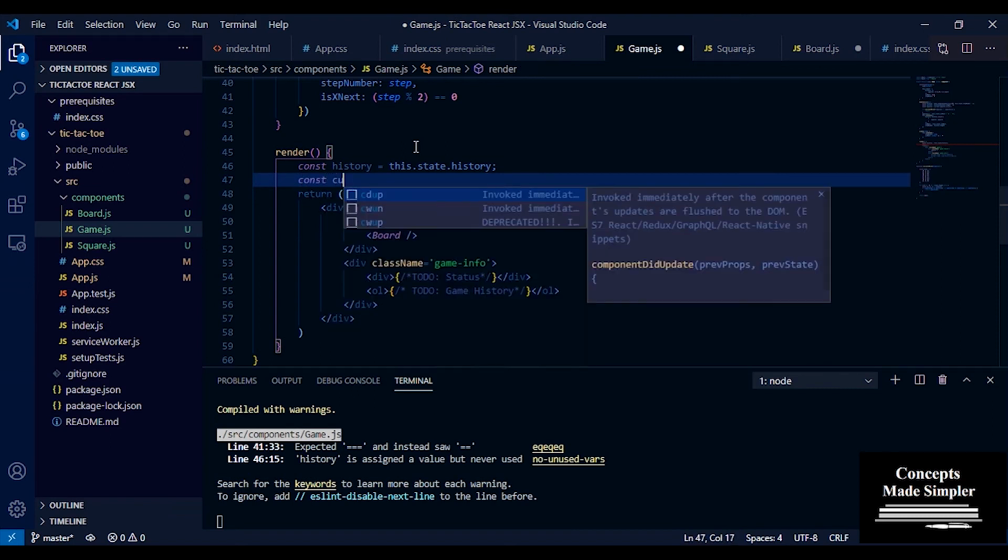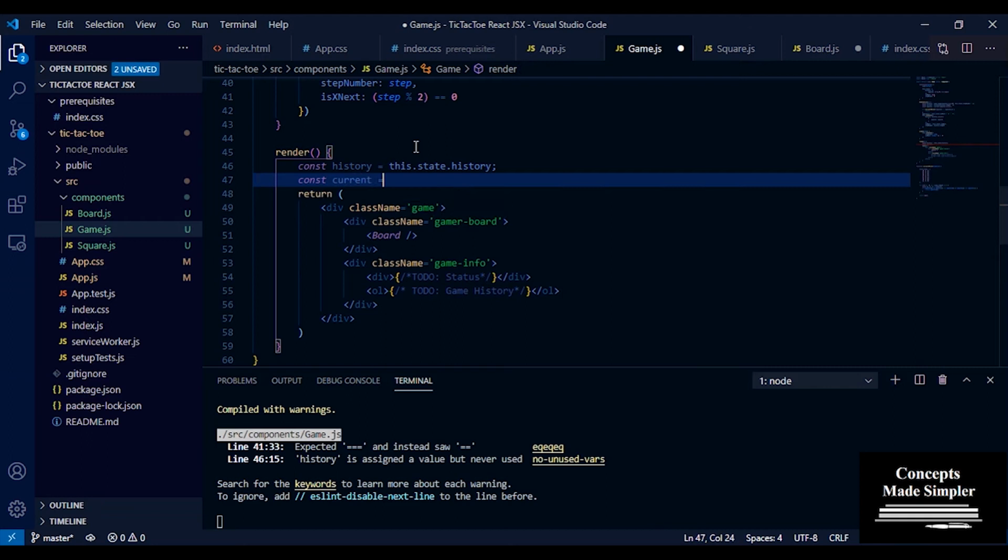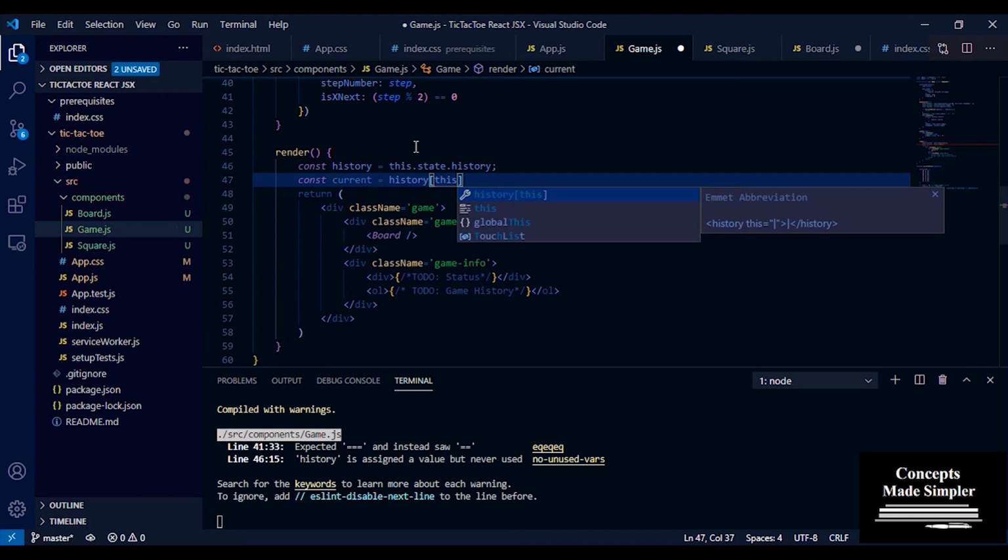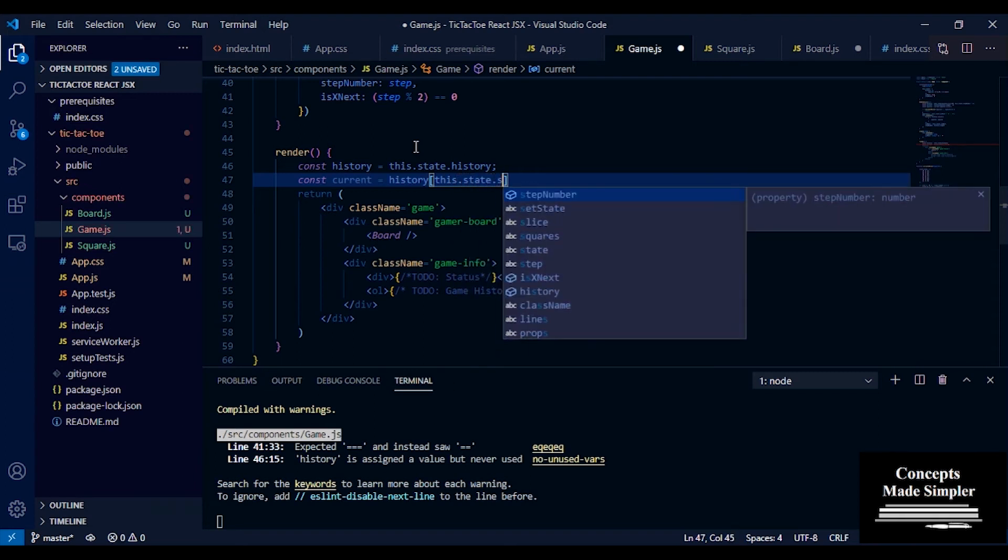So we're going to give another const current equals history, and instead of history.length we're going to use the step number. History.length is going to be the latest one, right? But suppose we've jumped to step 5. In that case we want the board to represent what was at step 5 and not the latest one. That's why we're implementing time travel. So we're going to make it this.state.stepNumber.